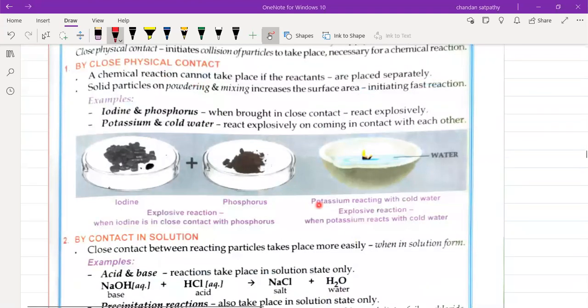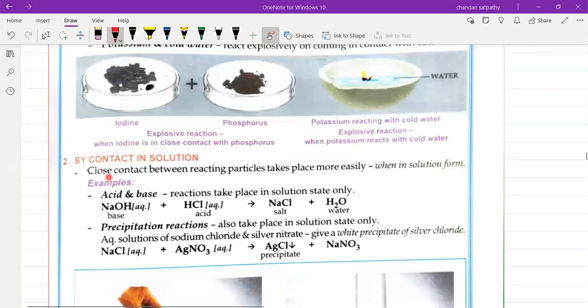Next condition is contact in solution. Some substances, if they are mixed in solid, dry form, will not react. But if they are mixed in solution form, that means the first substance is dissolved in water and a solution is made, the second substance is dissolved in water and also a solution is made, and then both solutions are combined, they will react. But if dry NaOH is used, it will not react. But with NaCl in solution, they will react.